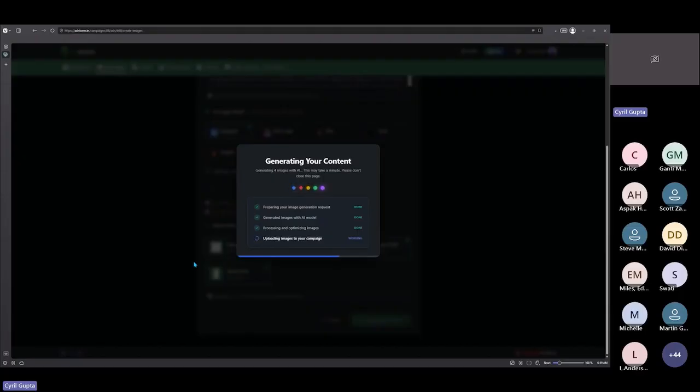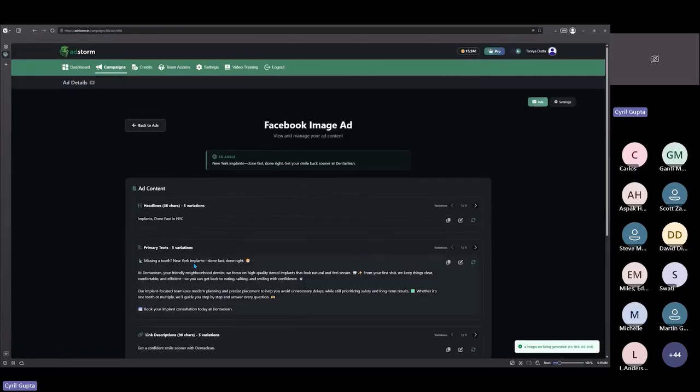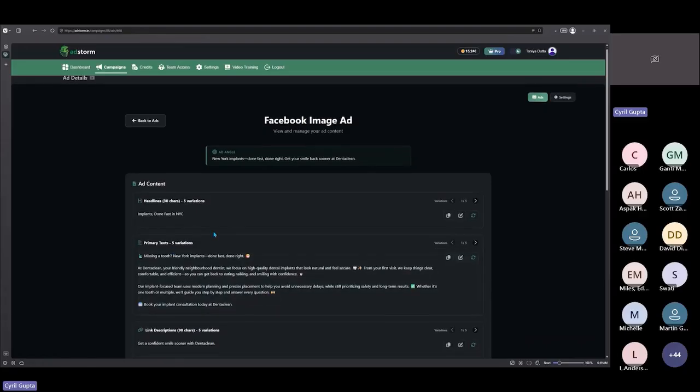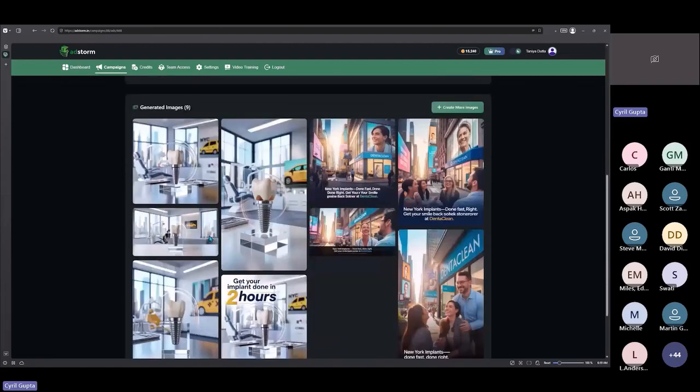Miles says, is there going to be any advertising template ideas? You don't need templates, Miles, with this kind of thing, because templates are for when you've been doing manual work. In the past, you had to use templates because you had to think of ideas. So templates were like ready-made ideas. Now with AI, it can create the ideas for you.